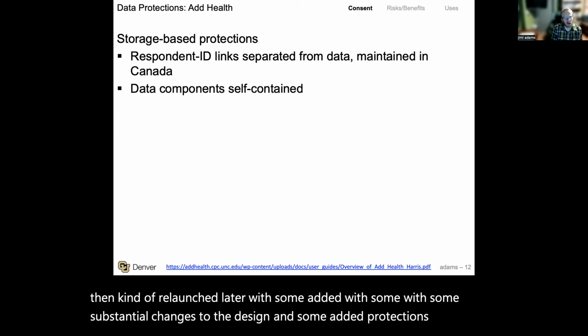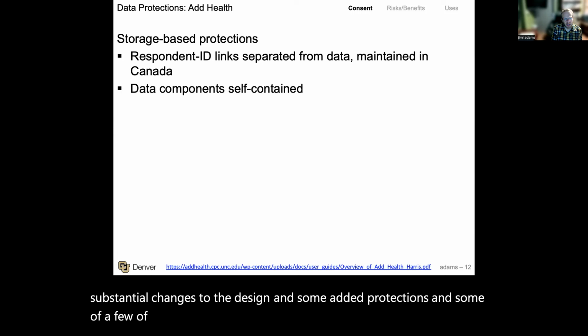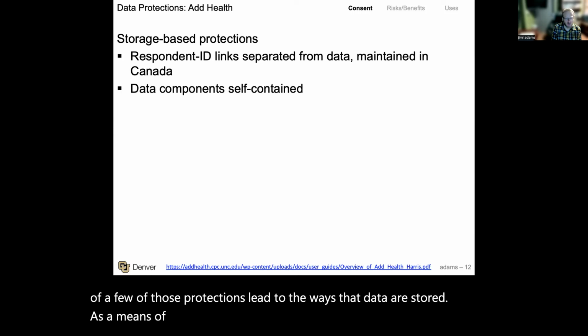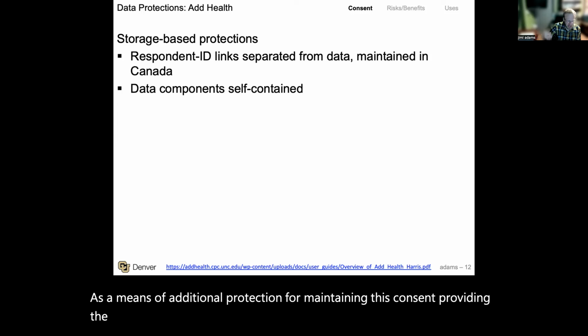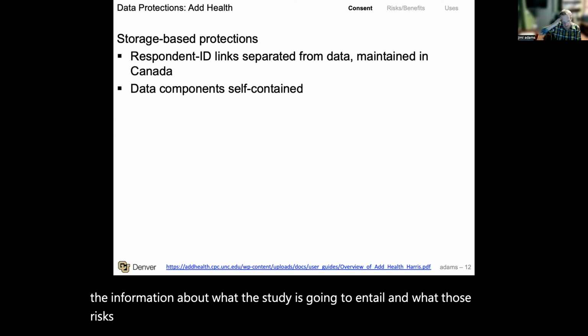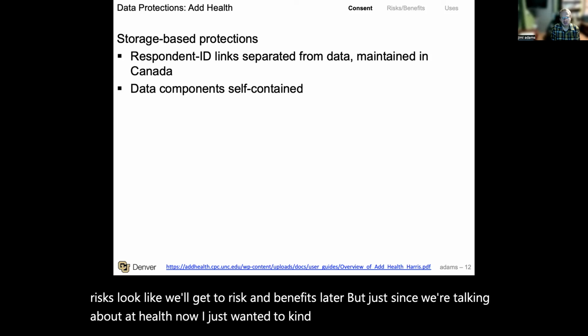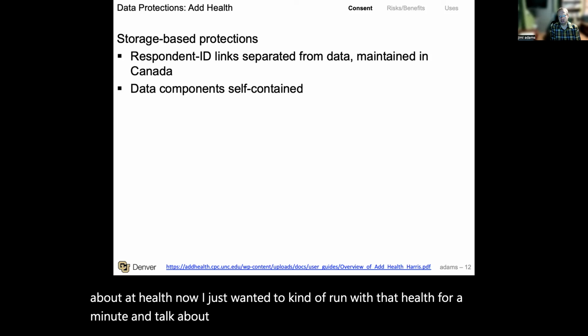And a few of those protections lead to the ways that data are stored as a means of additional protection for maintaining this consent, providing the information about what the study is going to entail and what those risks look like. We'll get to risks and benefits later, but since we're talking about AdHealth now, I just wanted to run with AdHealth for a minute and talk about some of the additional protections that they